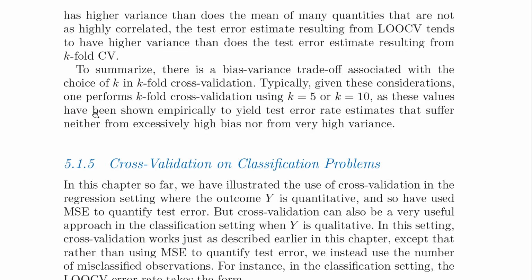This is the Goldilocks zone, right? This is all we need to keep in mind. When creating a model, you need to get as low a bias as the variance allows, and apparently we get this with a 5-fold or a 10-fold